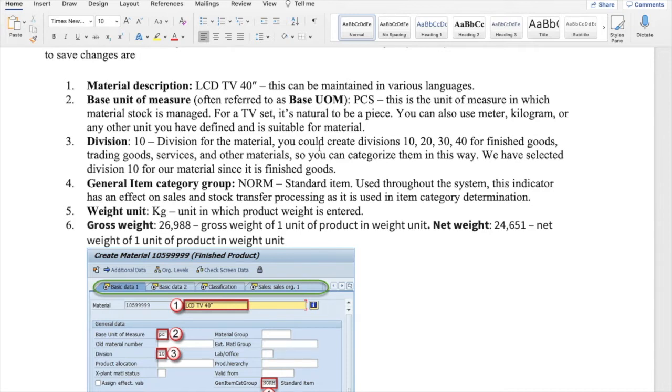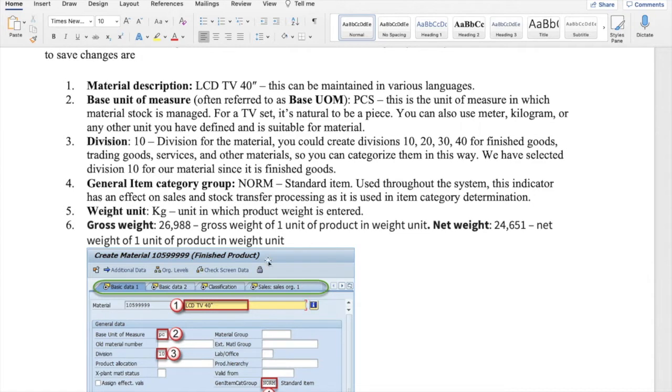You could create divisions 10, 20, 30, 40 and use them for finished goods. The same material can be used for trading or for services, and those will be different divisions which can be maintained. In this example, the author has created the material only for division 10, and let us assume that for division 10 only, you will use this material LCD-TV 40.